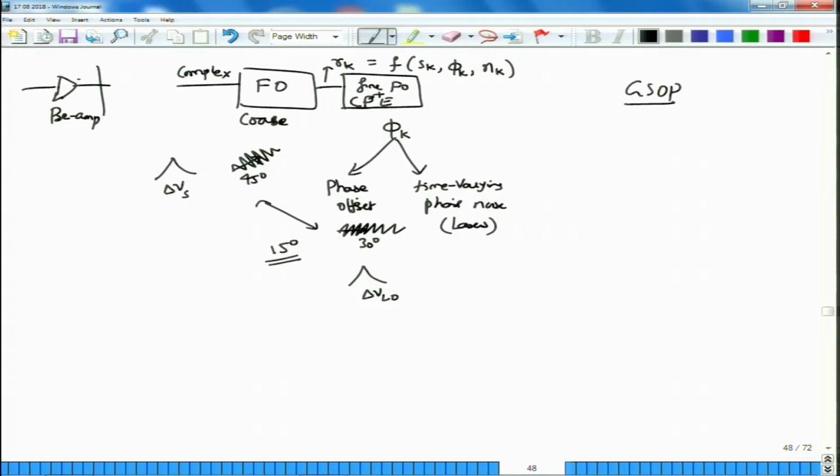Luckily for us, laser phase noise is reasonably well defined as a Gaussian process with zero mean, and a variance which is given by 2 pi delta nu divided by R, where R happens to be the symbol rate of the transmitter system. Delta nu happens to be the line width.